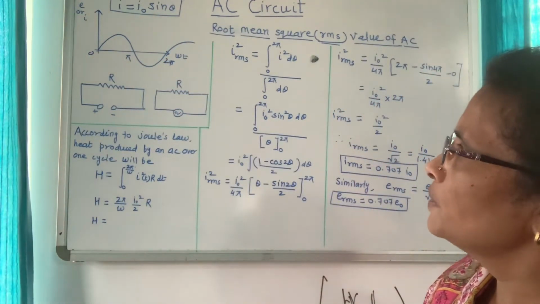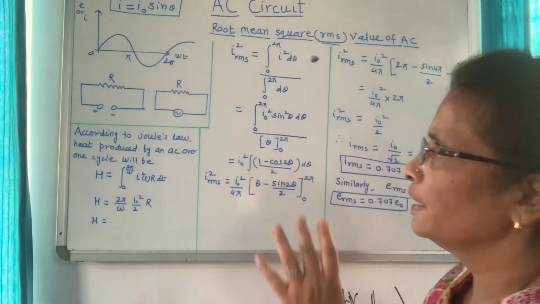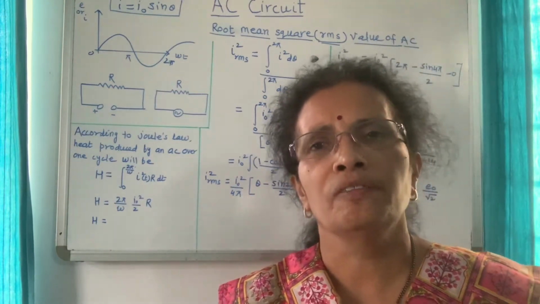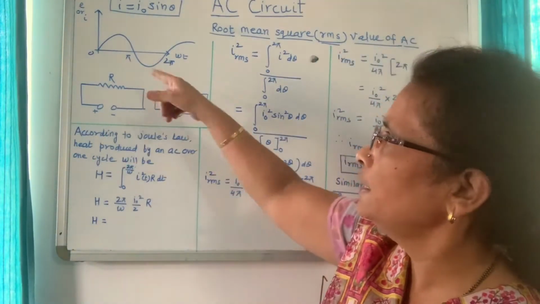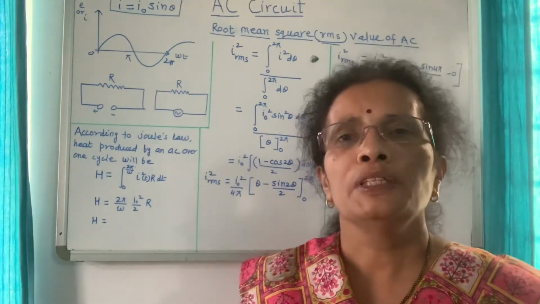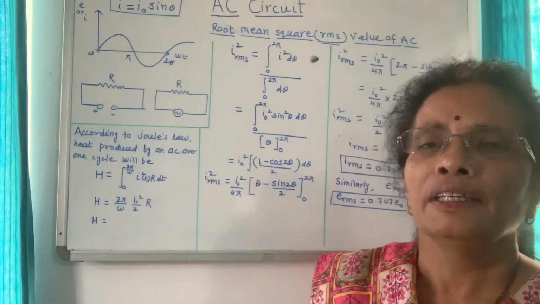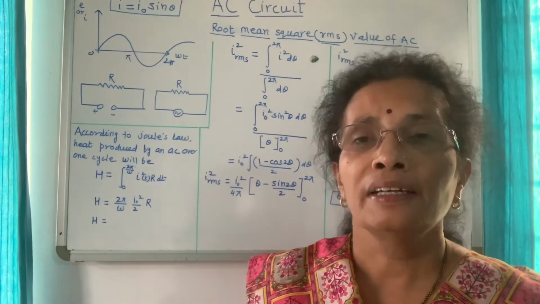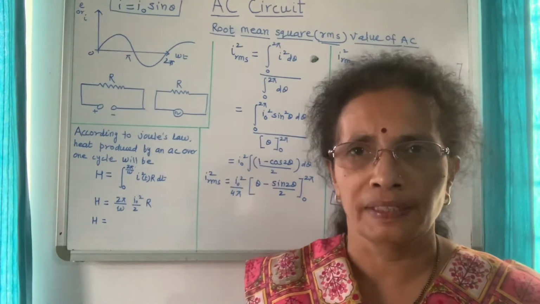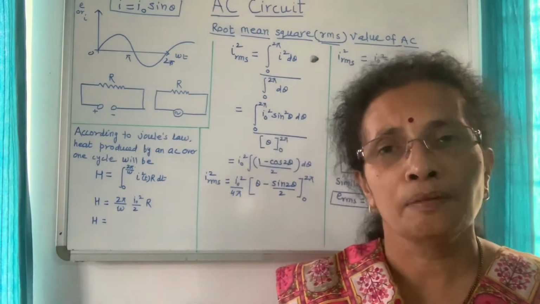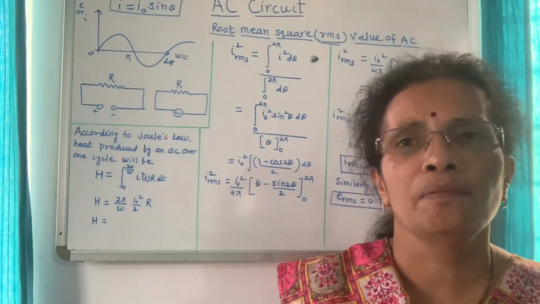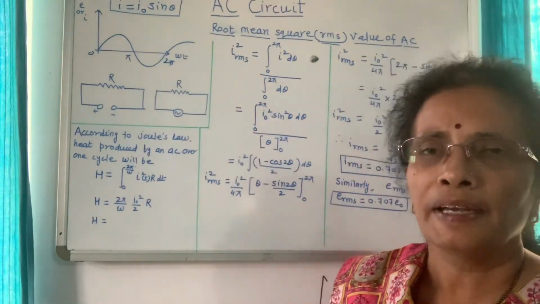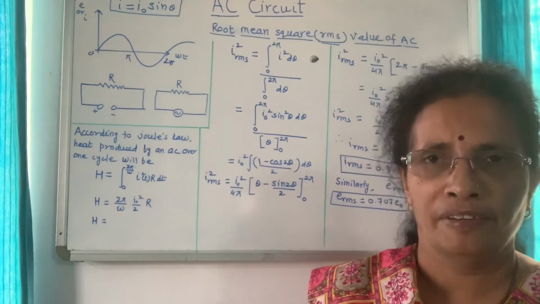So it is not possible to find the value if alternating current is connected to a simple voltmeter or ammeter. We could not find any deflection because for one cycle the value is equal to 0. So some modification or some phenomenon is required that does not depend upon the direction of the current, because the direction is changing alternately. That phenomenon is the Joule's heating effect.